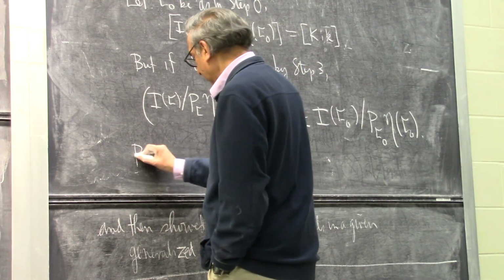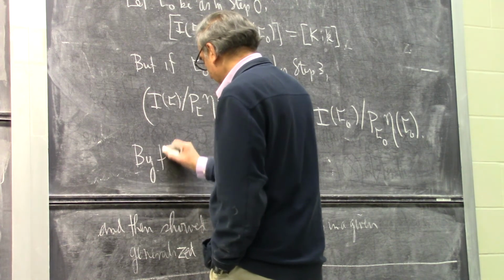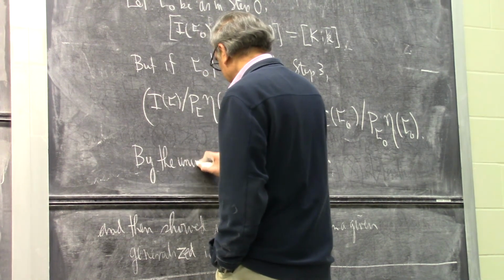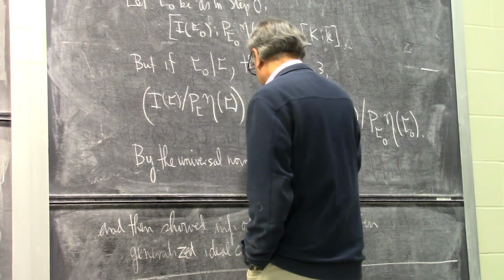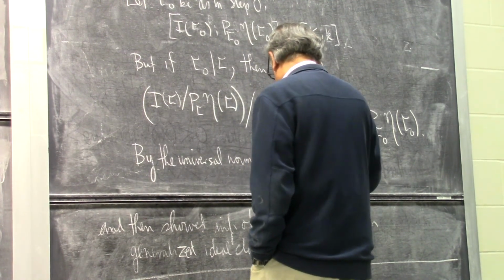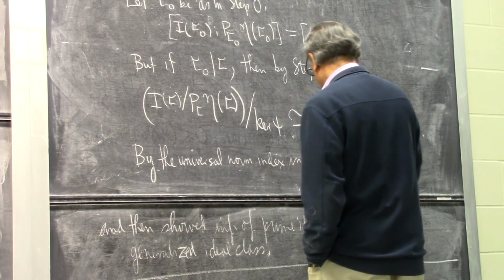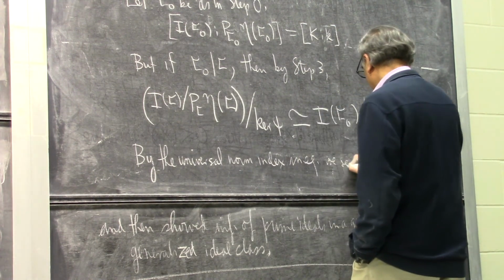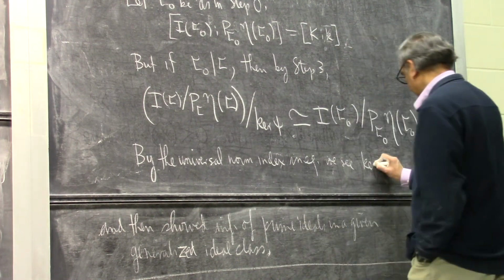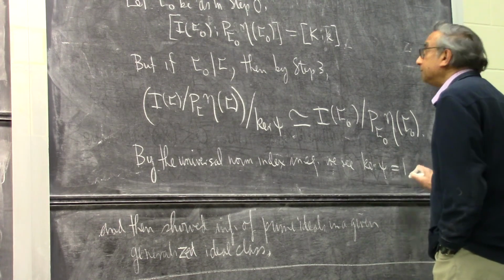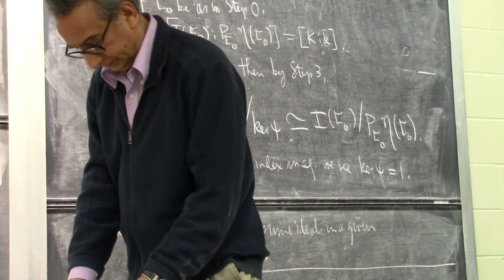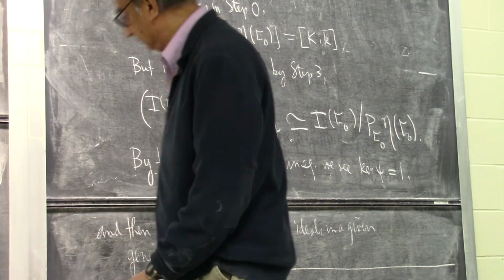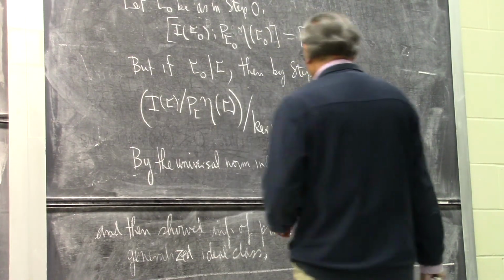By the universal norm index inequality, we see kernel psi equals 1. And therefore, this means that the